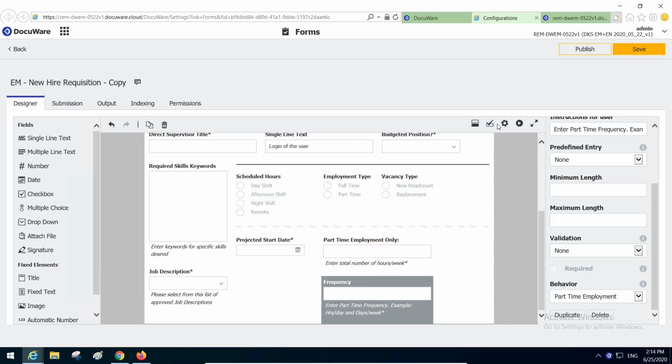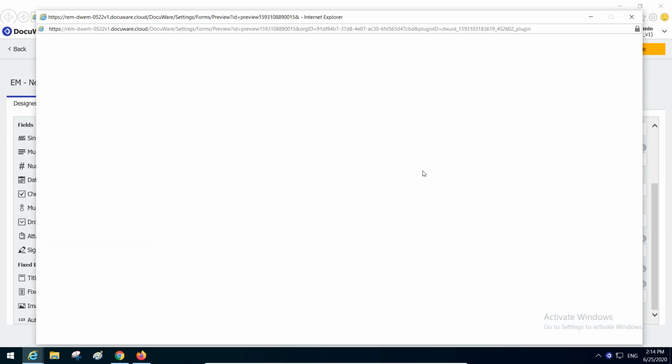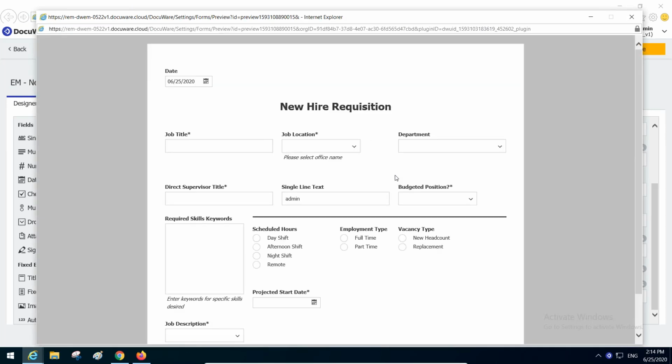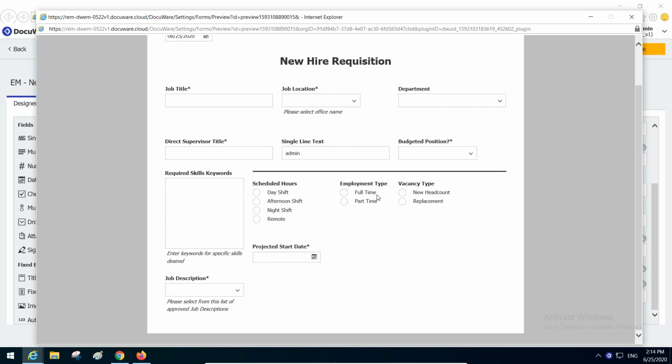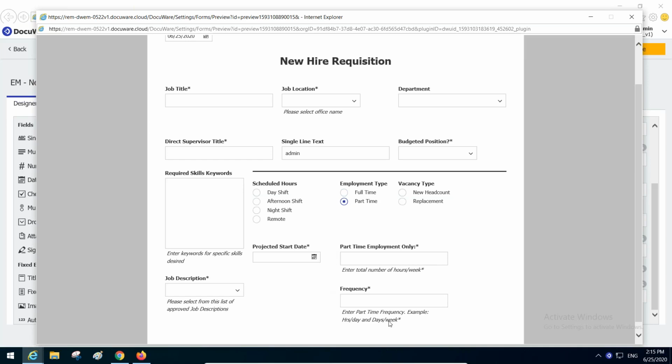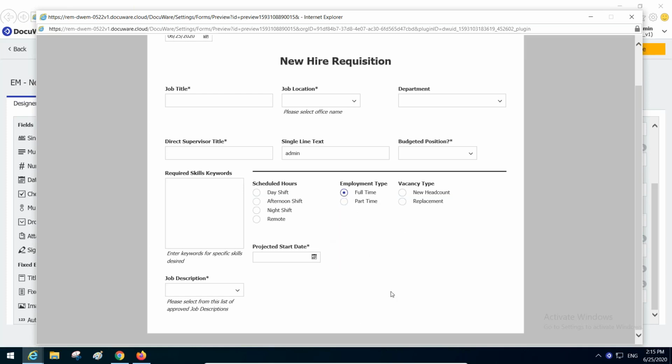So if I wanted to test this form, I could use the preview button and tell it I want to preview it on a desktop, or as if it were a desktop. So here's the form, and you'll notice that the employment type is not pre-selected, but if I select full-time, nothing changes. But the behavior dictated that if part-time is specified, then this area appears on the form. And once it does appear on the form, it is now required. But as a full-time, it was not required. Let me close out of this